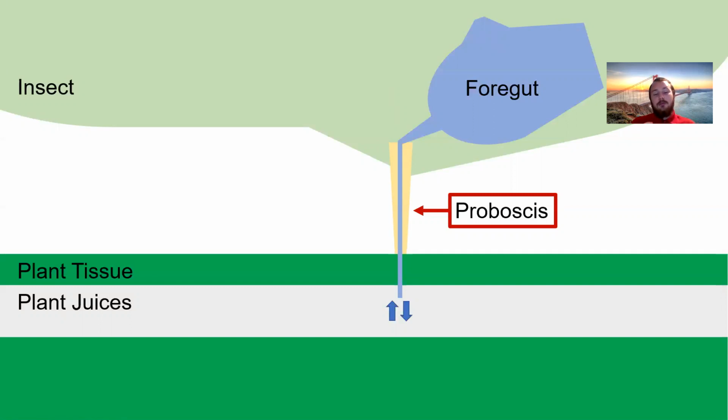Okay, so the next question would be, how do we make these plant juices more tasty to the insect? And there's at least two variables that have been shown to be correlated with the insect feeding rate. Those are the chemistry of the plant juices and the fluid pressure of the plant juices. And these variables can be influenced by watering treatments or fertilization treatments, which could be simple and cost-effective methods of